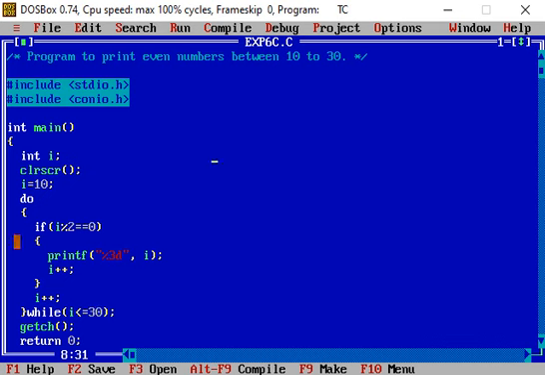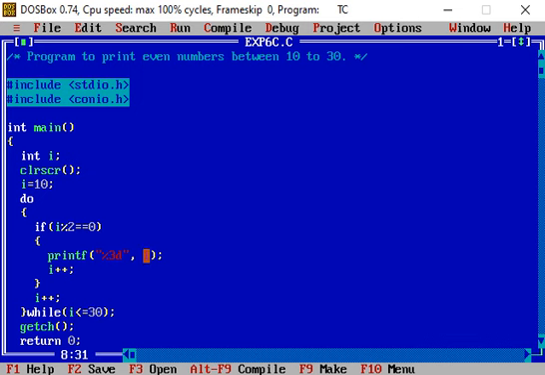By inserting an if control statement inside the do while loop, we print only the even numbers. If the condition for an even number is not satisfied, then only the control variable is incremented and the condition is tested.